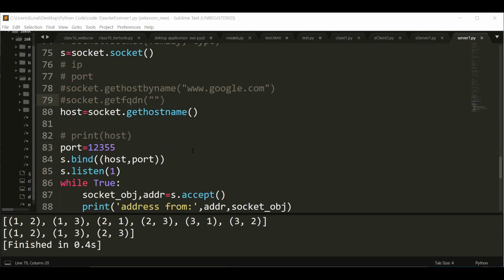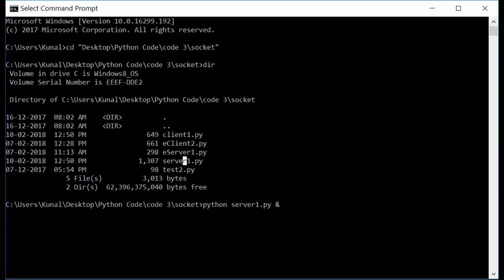For that, I will specify this ampersand. I just went to that particular directory where my file is, and to execute any Python file, all I need to do is python file name dot py. Now in this case, I actually need to execute this in the background. So for that, I will just put ampersand after the file name. Now if I hit enter,